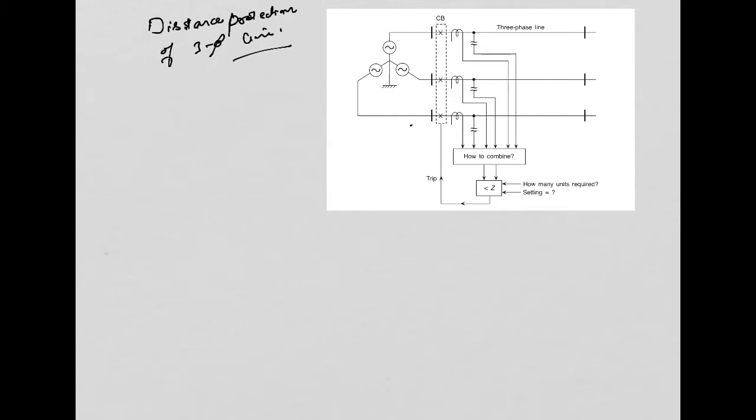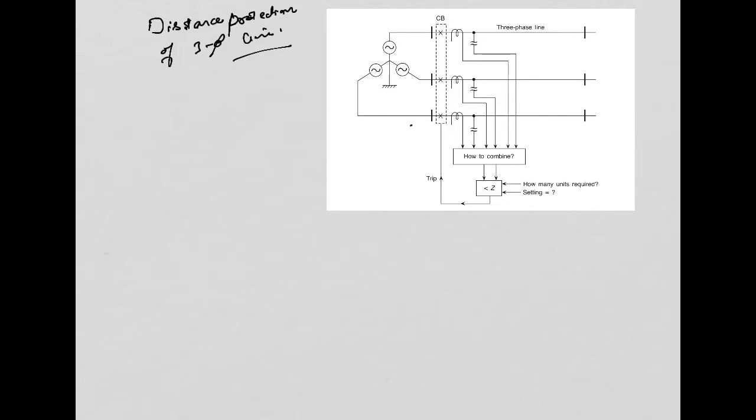So the question that naturally arises is: how are we going to provide protection against all the different shunt faults? There are 10 shunt faults in the system. In what way do the CT currents and PT voltages have to be processed? Can a single distance measurement unit look after all the phase faults as well as the ground faults?